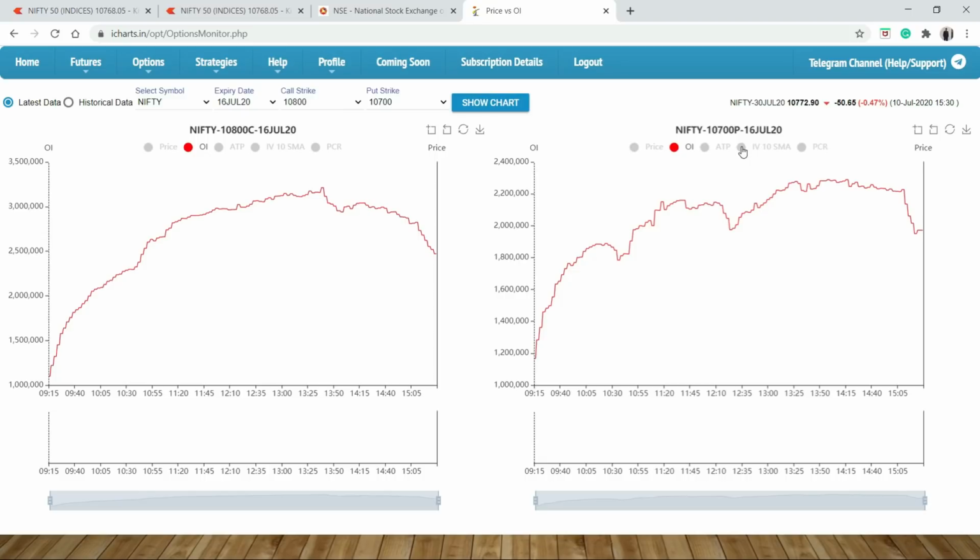So in the current scenario, if more call writers are added after 10 a.m., that means my trend is clearly negative for the whole day. But if a reversal is possible, that means put writers are added speedily rather than call writers, which means my trend has changed from the bottom to the upward side, somewhat corrected from the bottom by 50 or 70 points above the bottom. So with that OI data we can identify the trend.